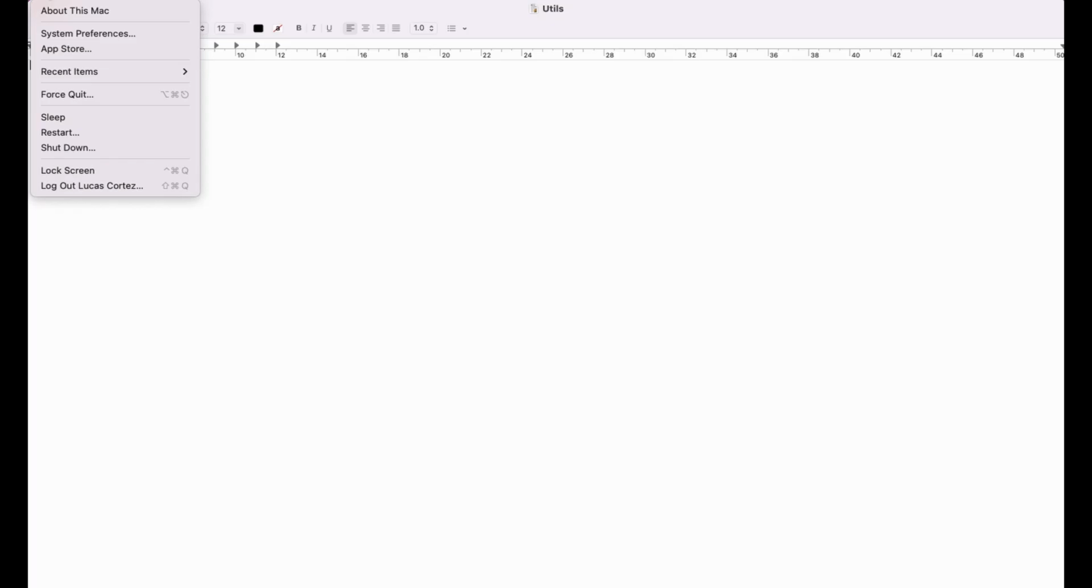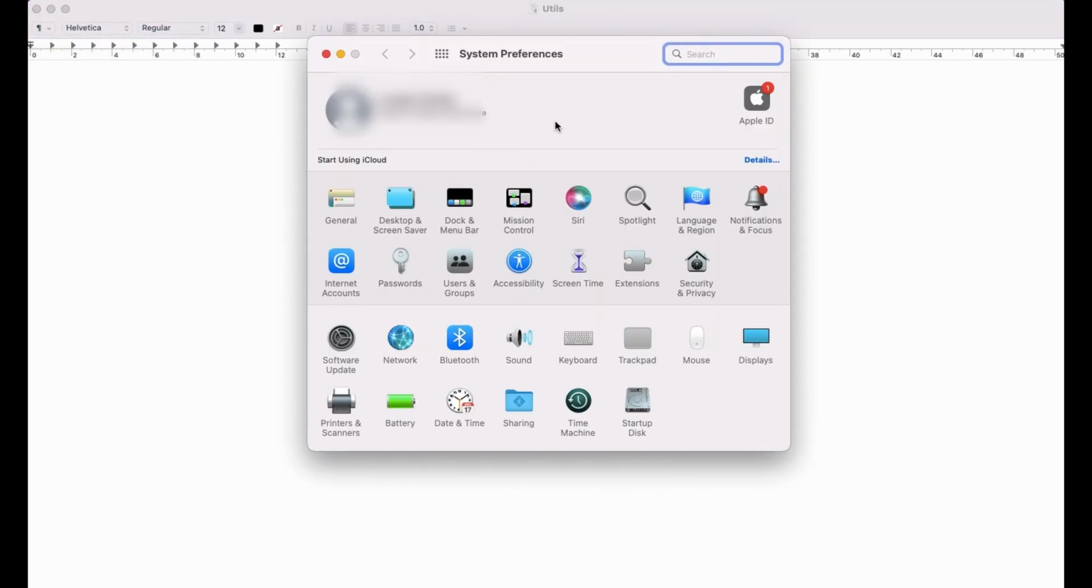In this video we're going to see how to install a printer in an Apple computer. Let's do it. First, you click on the Apple icon at the left side of your screen on top and select System Preferences. Once you are in there, select Printers and Scanners,